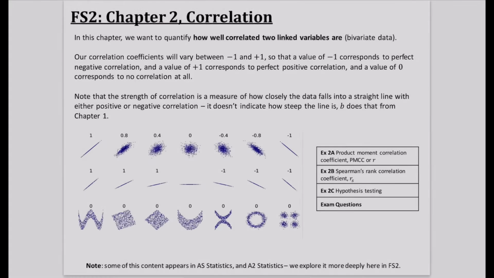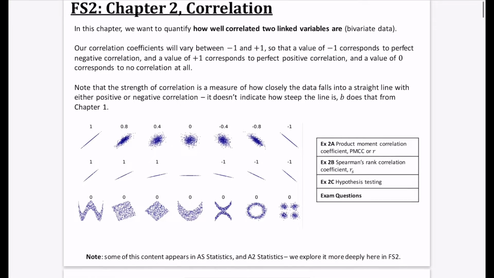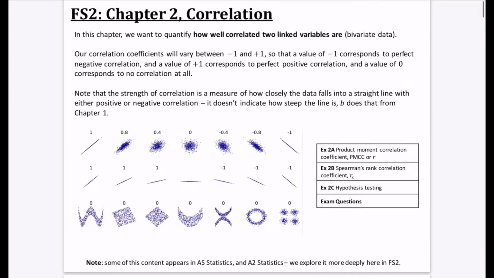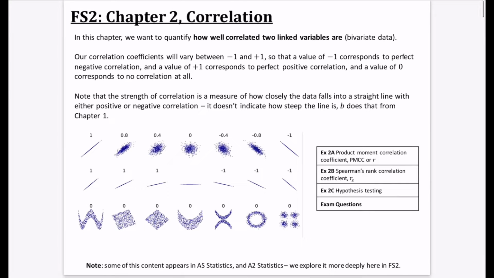Okay, we're on to chapter 2, which is correlation, and it's directly linked to chapter 1, which was on linear regression here. Now, as I've said at the bottom, some of this content actually appears in AS statistics and in A2 statistics, just from the normal maths A level, and we explore it more deeply here in further stats too. So if you're coming at it from having studied these things, this will be very, very easy. If not, there's a couple of places where I say, oh, this is where you look at it in normal maths, and I might direct you to look at some of those videos